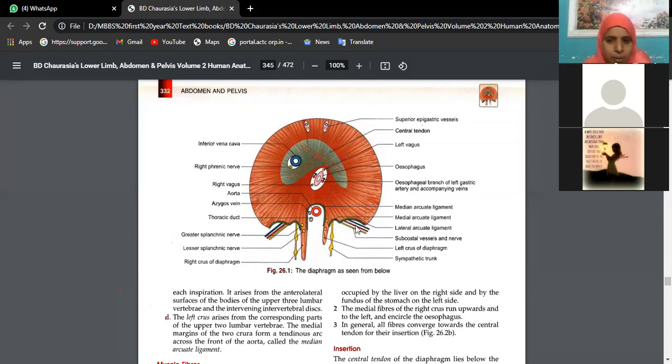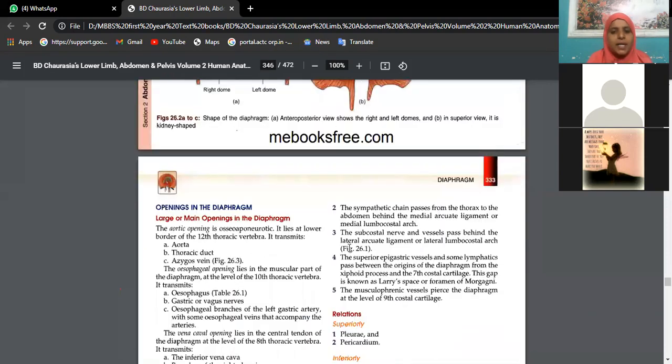And when you just look at these arcuate ligaments, just below this you will see subcostal vessels and nerves. And on the right side and left side of this, you have the right and left crura of the diaphragm. Crura is plural; right crus and left crus together we can call crura. Okay, so we also find the sympathetic chain very closely associated with this. Okay, for 5 marks this much explanation is enough, beta. You just read once, you will easily understand.